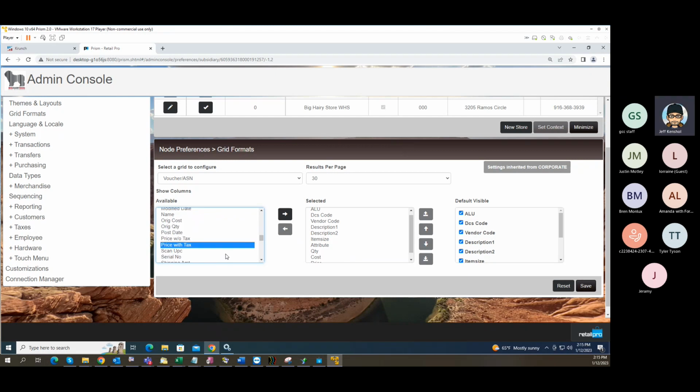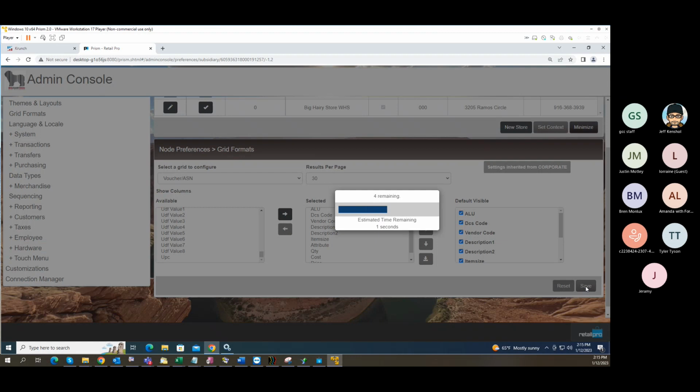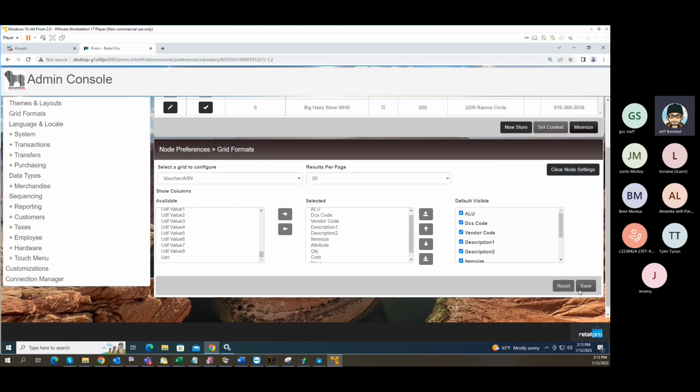I don't see much else there that's making me excited about adding it to the screen, right? I mean, if we had serial numbers, then we'd want to add the serial number. Yeah, so now if we save this, okay, let's click save. And now if I want to see this,